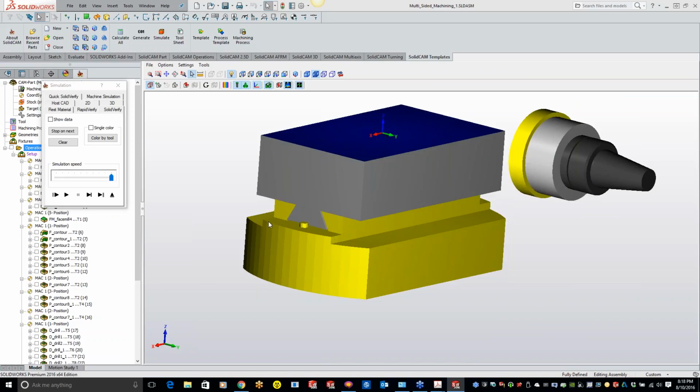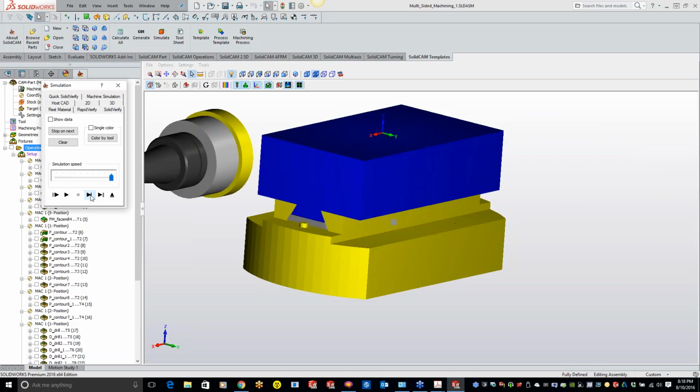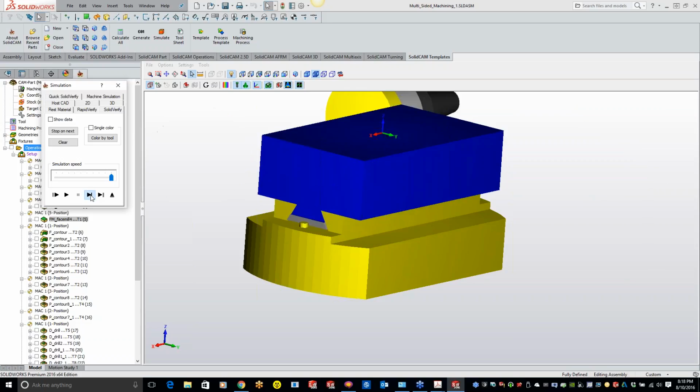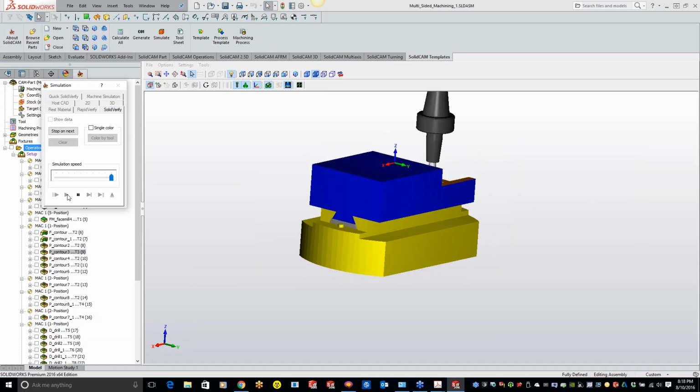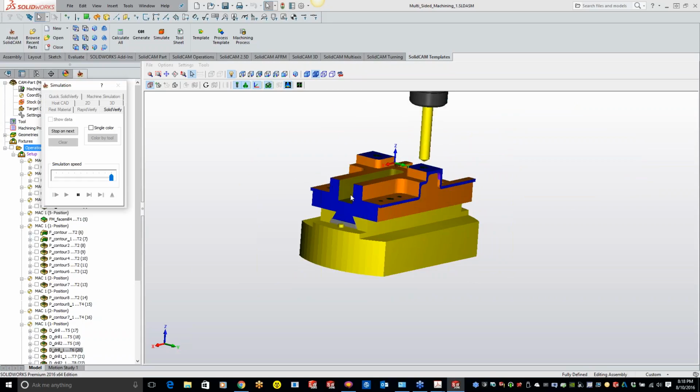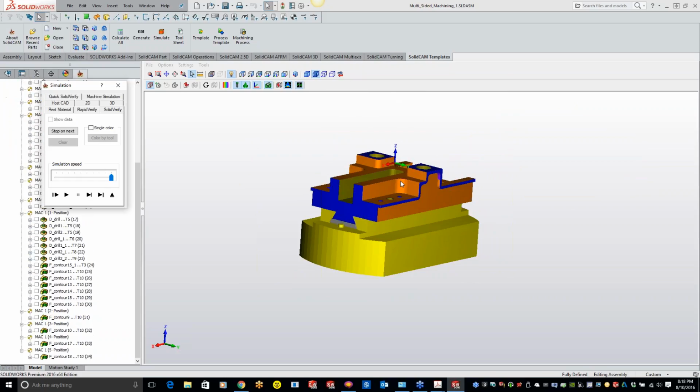If you wanted to see the actual fixture rotating, that would involve the machine sim. So that's kind of what it looks like, rotating all the way through. Perfect. Does that kind of answer your question, John?